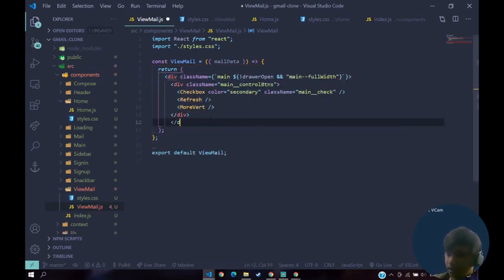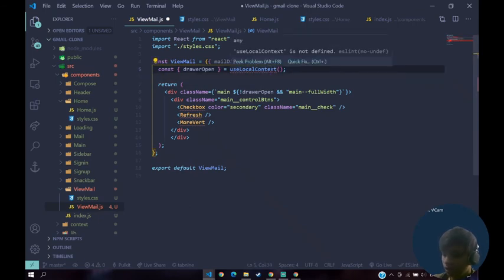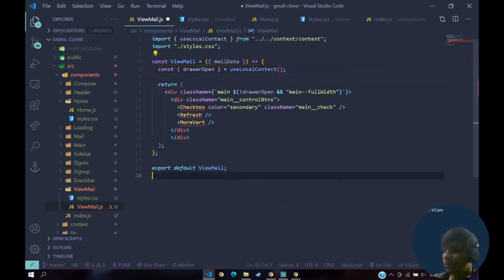We already wrote this inside of our main, right? It's the same thing I copied from our main, because basically the main is the main file, right? So here just import your drawer open, what was the name, use local content, yeah. So just import that. This is basically the same thing which we did earlier.